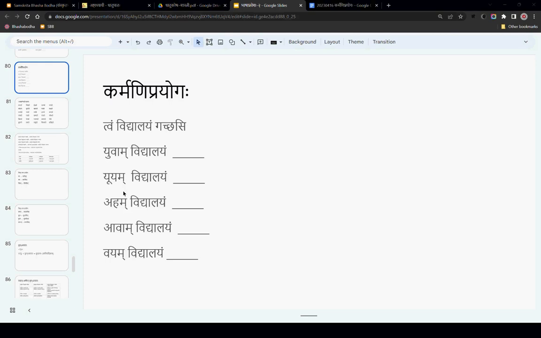So I've been studying this Karmani Prayoga and homework. Mostly all of you have sent it to me. It's great. One second, let me mute somebody. So they are all looking great.